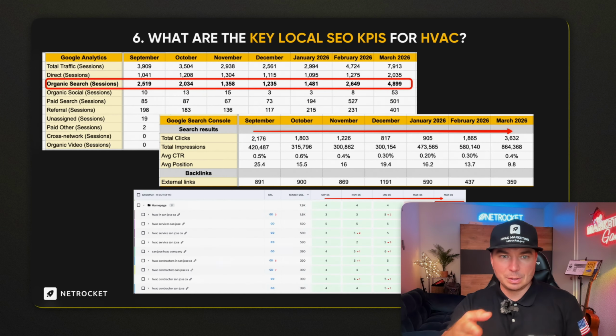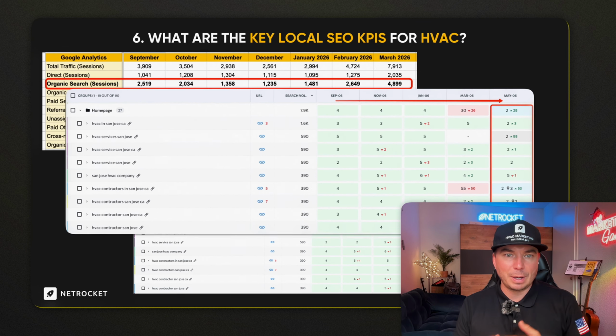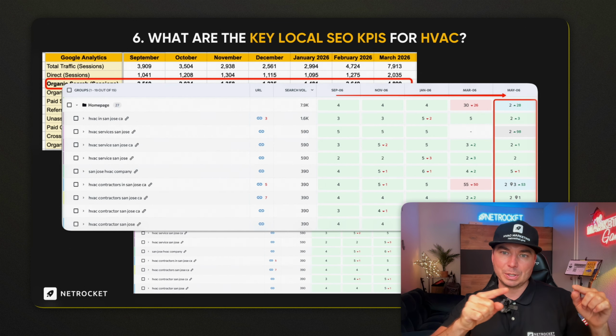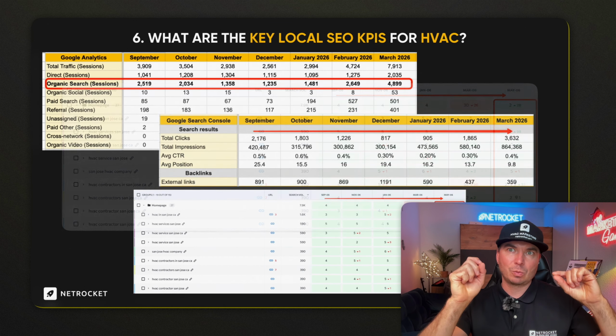Of course, as in this example, for HVAC in San Jose, California, we need to track the dynamic of our keywords. And I just want to warn you that sometimes the keywords may be jumping up and down. So we need to see the trend. When we start, let's say we were in position number 40, and then in a couple of months we are already in 15th position, and then in a couple of other months we are in 5th position.